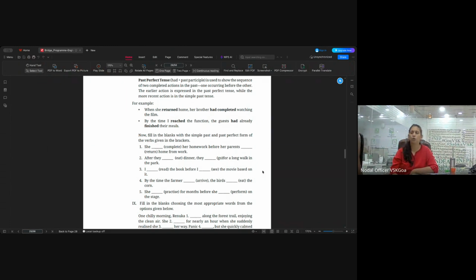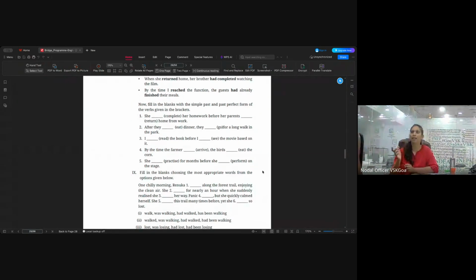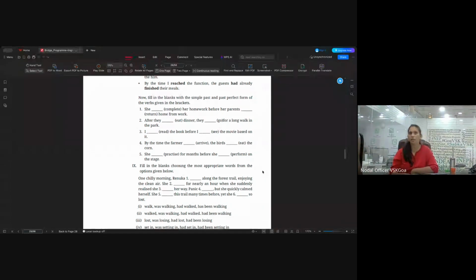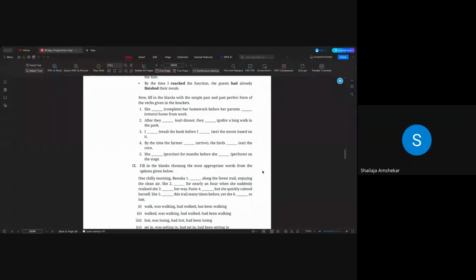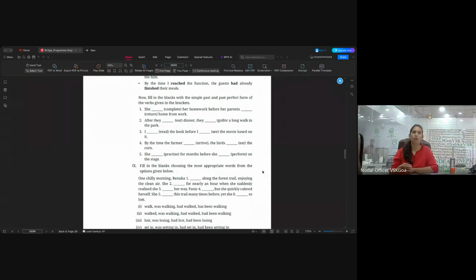Now, I will not go through the exercise. I'll scroll down. In case you have anything here and there, maybe if you have time, we can deal with it. When you receive the bridge course, you will have to go through each of these activities in order to decide what's best to do and how much is best to do. Fill in the blanks with the most appropriate options given here.